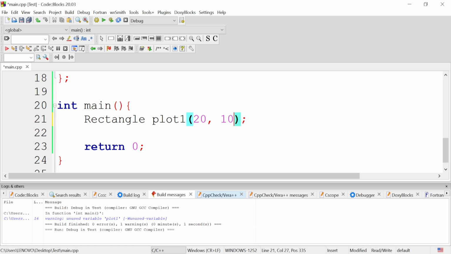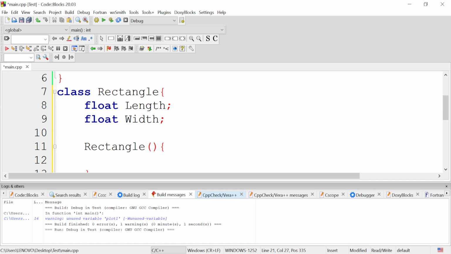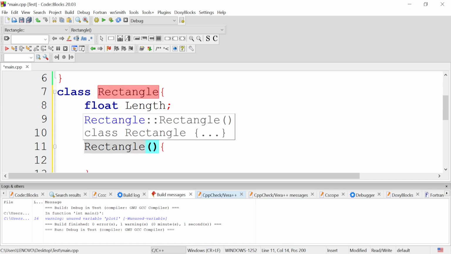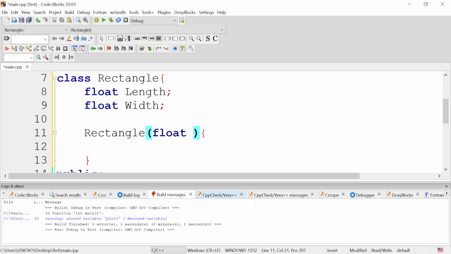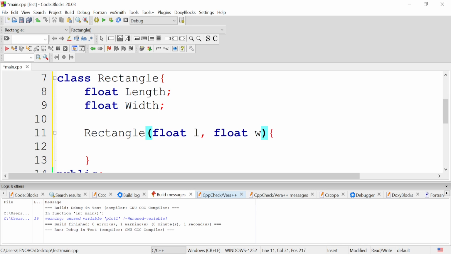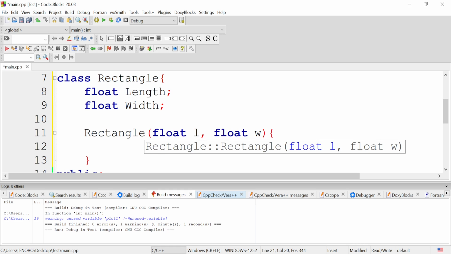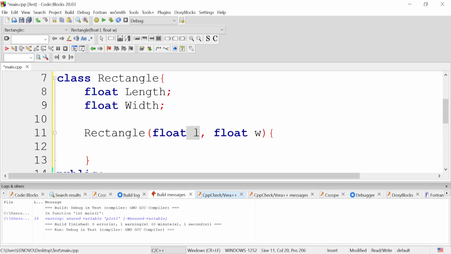These are arguments we are sending into some parameters, and those parameters are going to be contained in the constructor method. So now look at this. I'm going to say float L, and then float W, for length and width. As soon as this plot is created, the constructor method is executed, and it is expecting a length and a width value, which I've provided as 20 and 10 respectively. So when those values are sent here, what I need to do is grab this